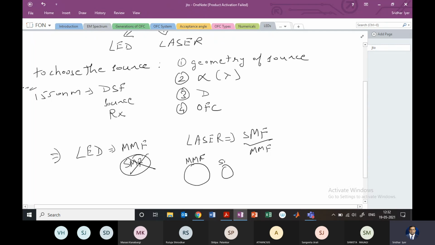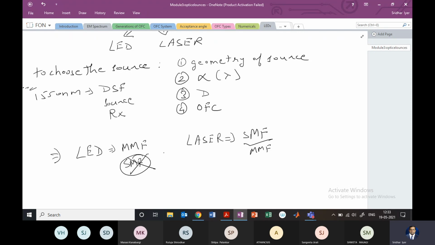So just to give you a visual, this could be a multimode fiber, but this will be a single mode fiber, right? So this is from the front view. So inserting light into this fiber is much easier compared to light into this fiber, the single mode fiber. So here in the single mode fiber, we need very directional light, and that is provided through the laser. Whereas in the multimode fiber, because the core area and the diameter is larger, we can use the LED. So in general, that is the case.